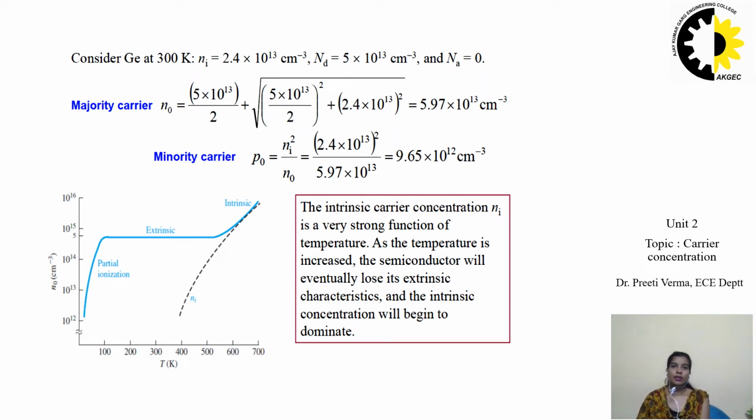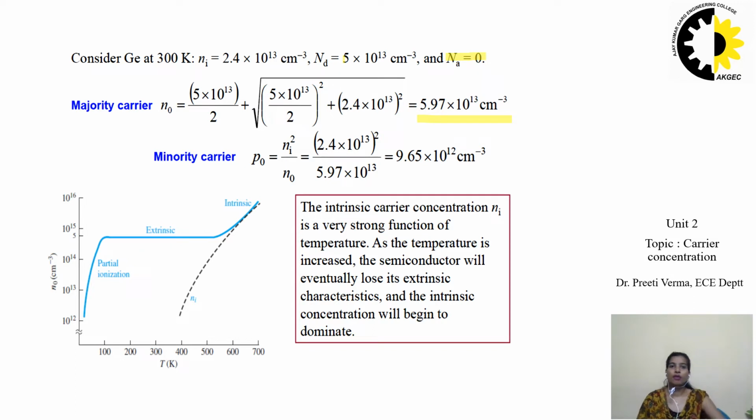Similarly, for some other values, we can calculate here that the value of Ni is different and Nd is different. Na is still 0. So putting in the same formula, we get the value of N naught as 5.97 × 10^13 per centimeter cube. So with this example and the previous example, we can make a comparison between the change in value of intrinsic concentration and value of Nd,